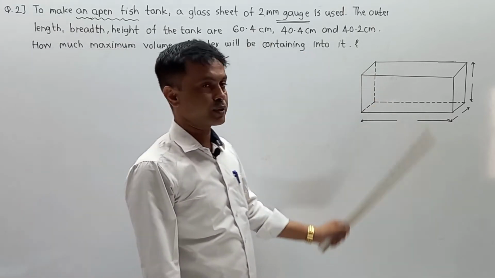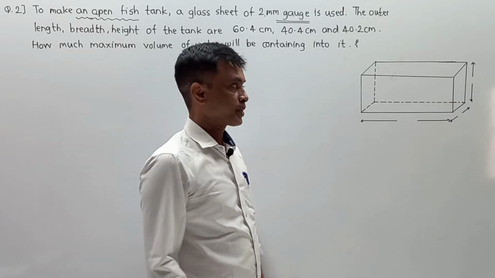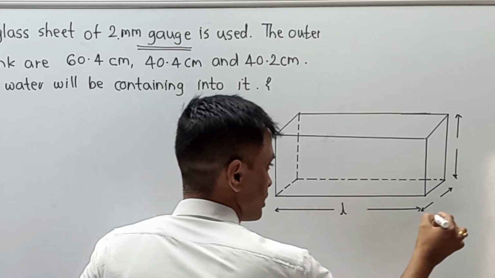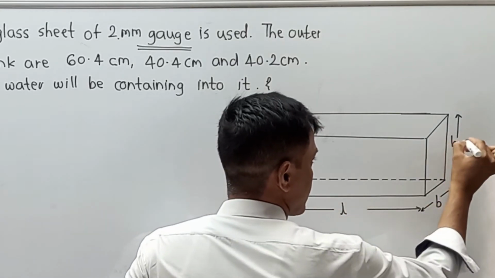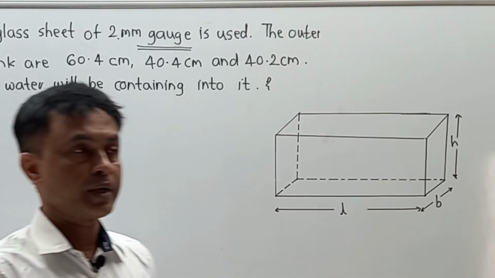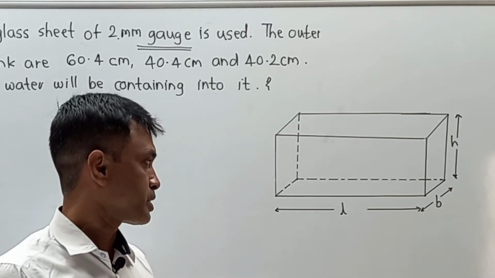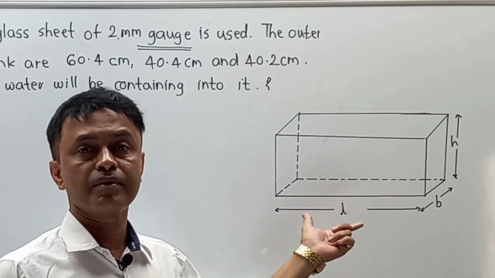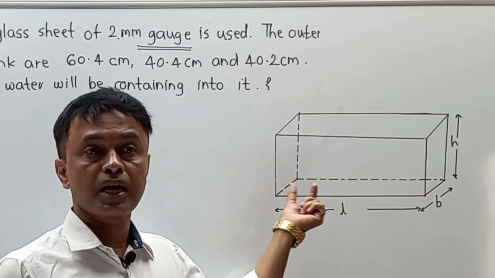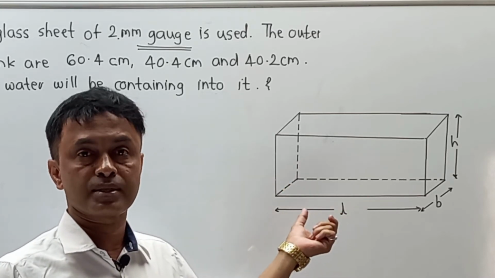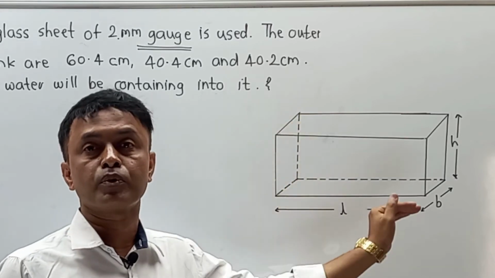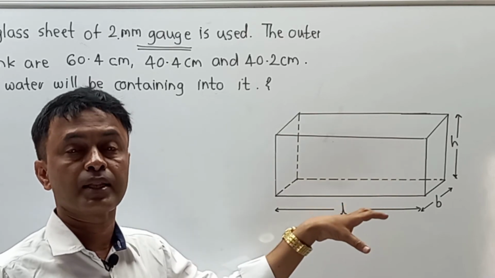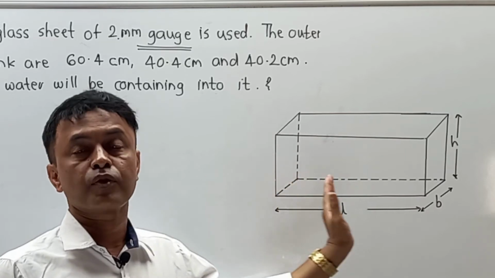Now try to understand the same part over here. As per calculation, a fish tank is nothing but a rectangular section which has a particular length, a particular breadth and a particular height. These are the three components. But the main constraint we are supposed to understand is that this glass container made in the form of a fish tank has some speciality. This glass contains some thickness, and the inner portion in which we pour or store water is obtained by subtracting the thickness of the wall.